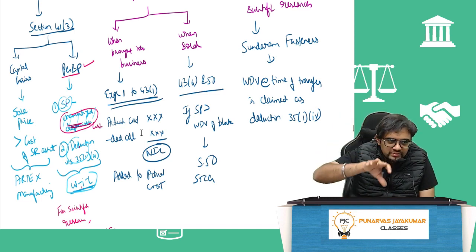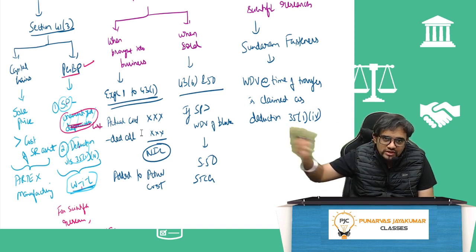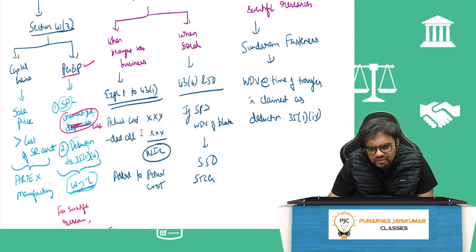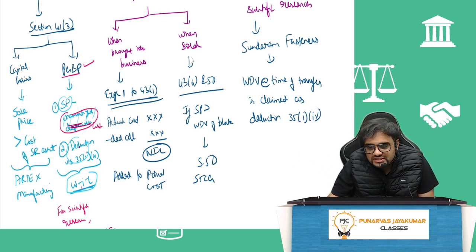Now it is used in the business, it is forming part of the block. Then when the block is sold, or when the asset is sold separately, the normal WDV block concept will come. 43.6 and section 50. If the selling price of the asset is more than the WDV of the block,